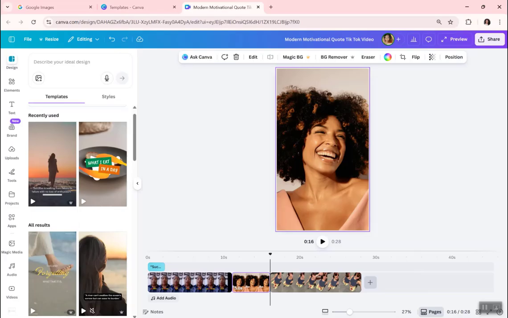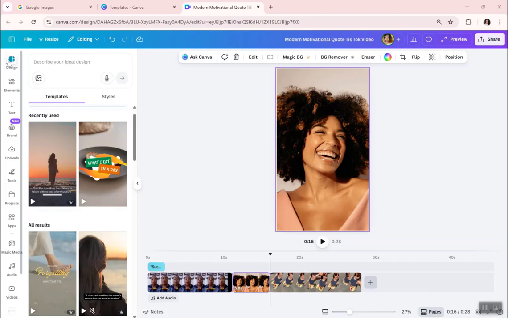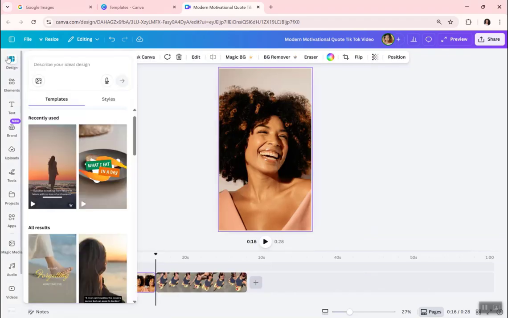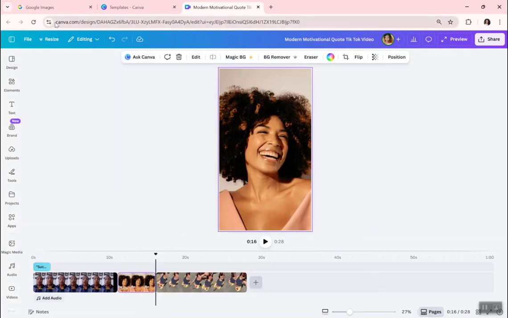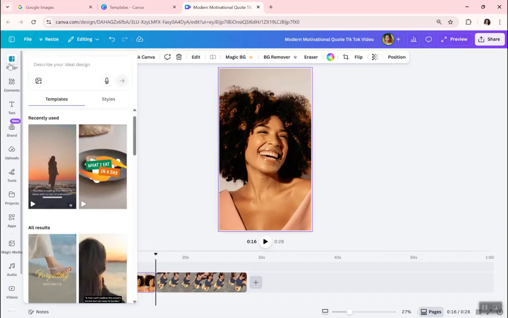So let's dive in. That's how you create your TikTok or your Instagram reel using Canva. You search for a video template based on the screen size. Either you want it to be shown on the mobile phone, so you are going to create according to what you are designing. So let's go back to our